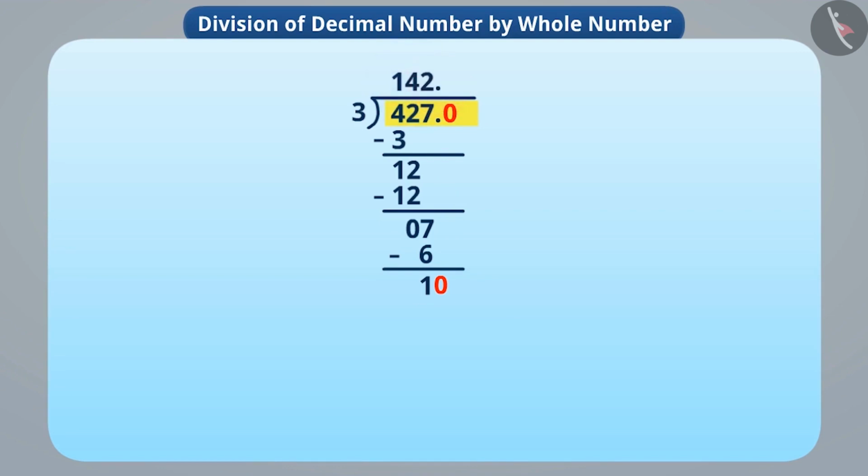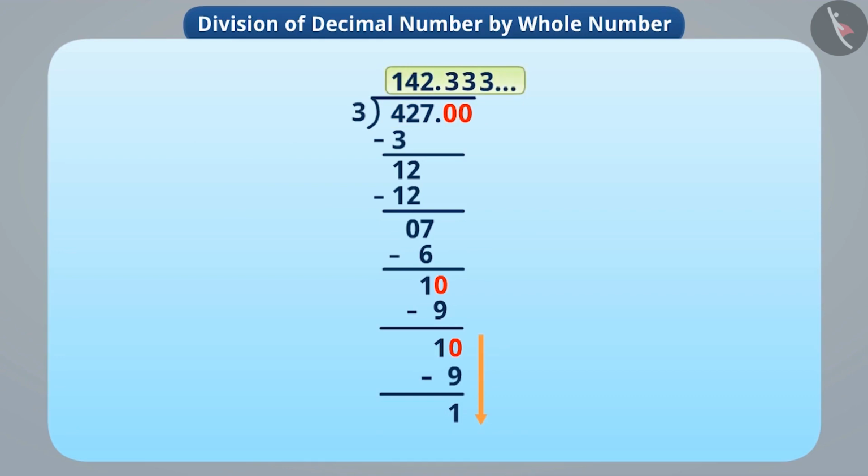Now we see that multiplying 3 by 3 gives us the nearest value to 10, but a smaller number, 9. So, we will write 3 to the right of the decimal point in the quotient and subtract 9 from the remaining 10. Now again we get the remainder 1. Again, we will add 0 to the number. Again the remainder will be 10 and again we repeat the division. Similarly, if we continue to divide, we will get 142.333 in the quotient. Thus, the number will never end.